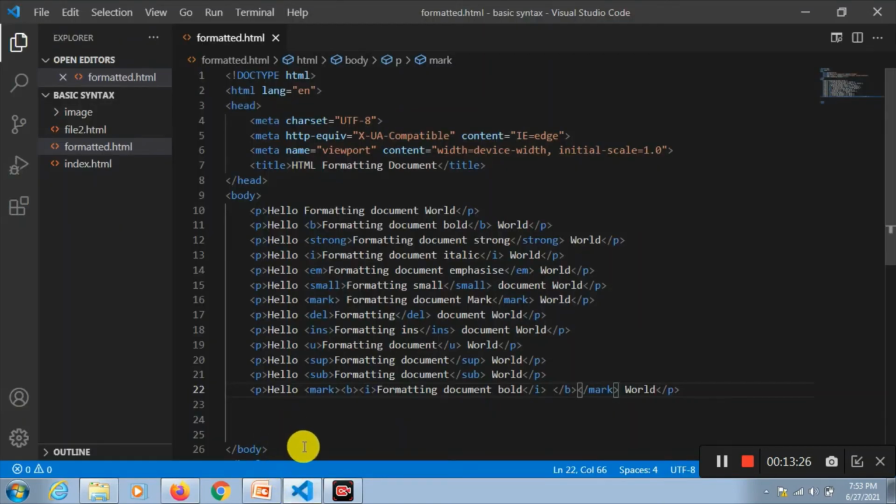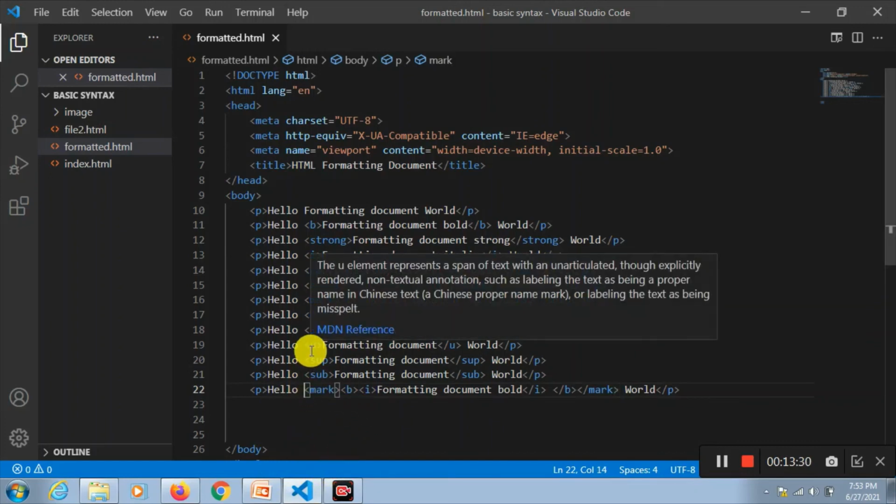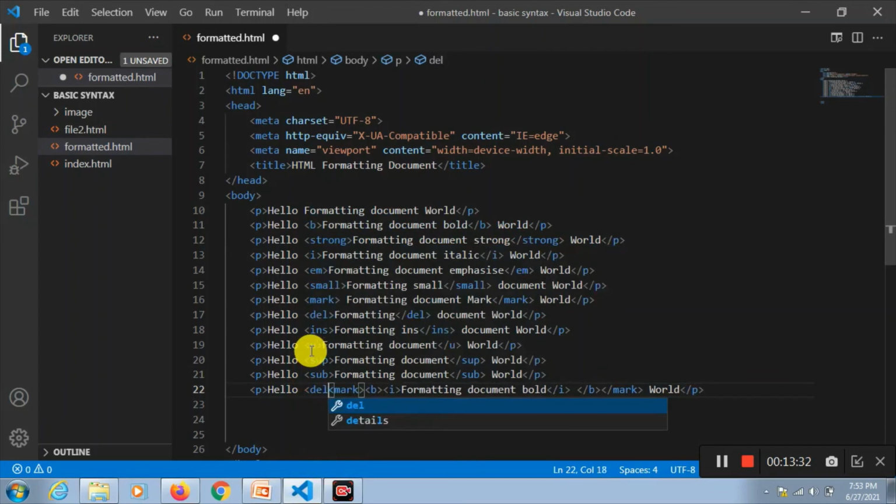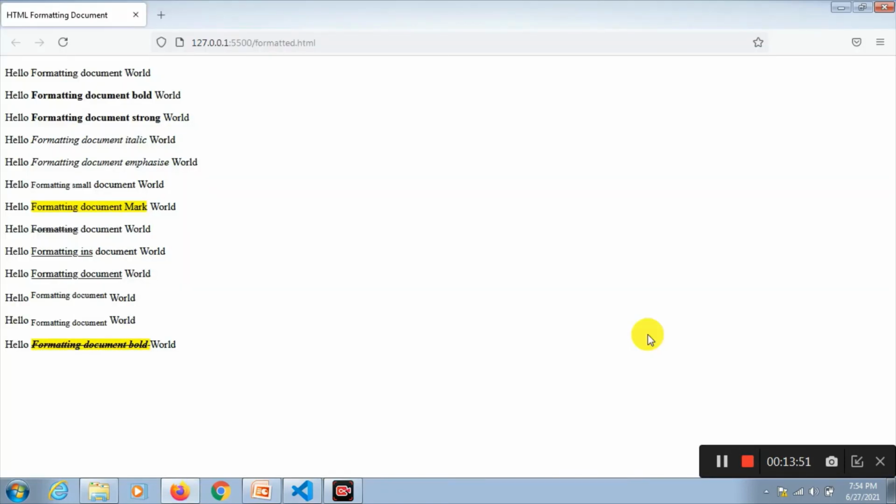If you want to give del also, you can give the del here. See, this is the way in which you can format.